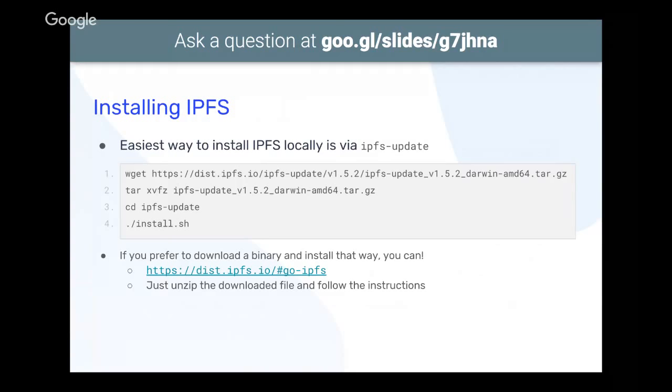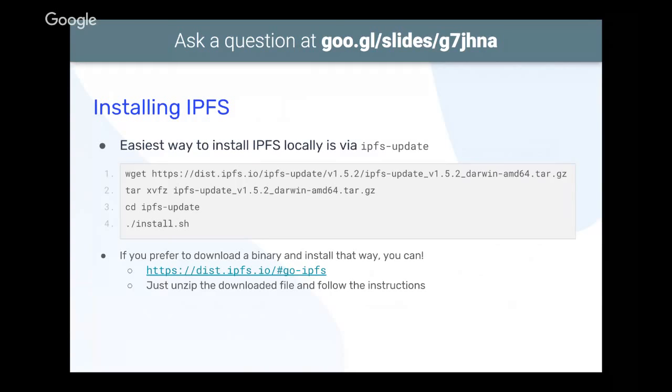First things first, if you don't have IPFS installed already, you're going to want to do that. The easiest way to do this, so that you can update IPFS at a later date, is to use the ipfs-update command line utility. You can do this all from the command line, or manually by copying and pasting that long tar gzip file URL using the centralized web. So you download that, unzip it, open that folder,